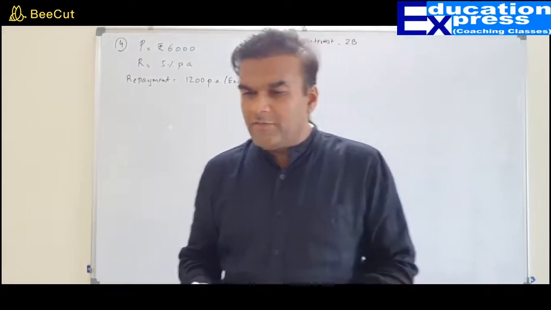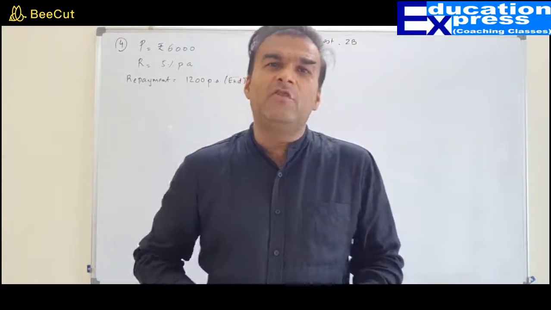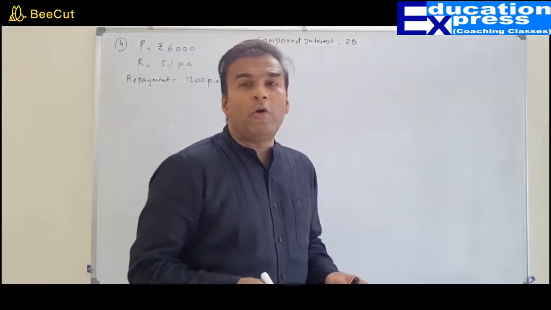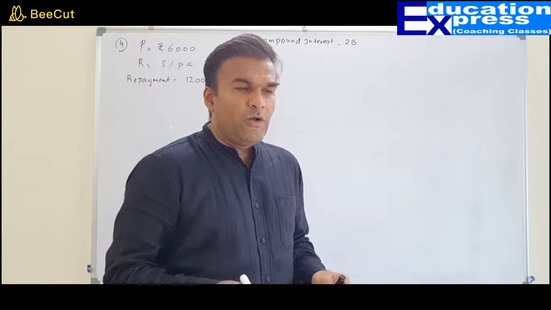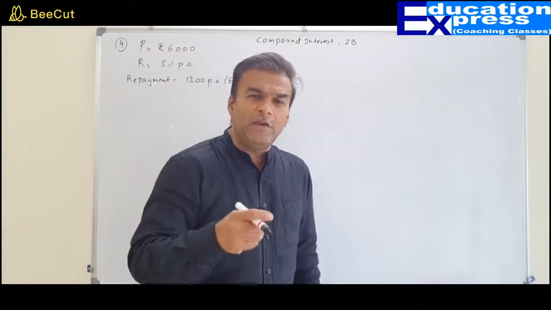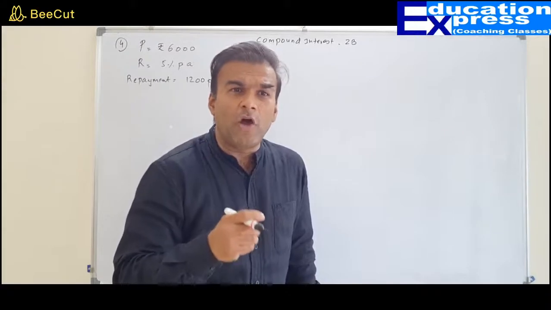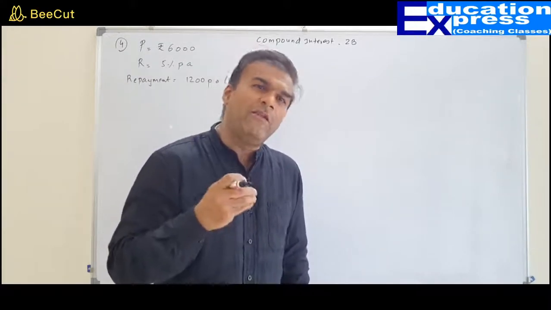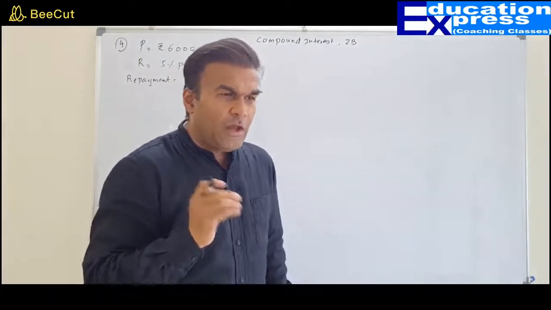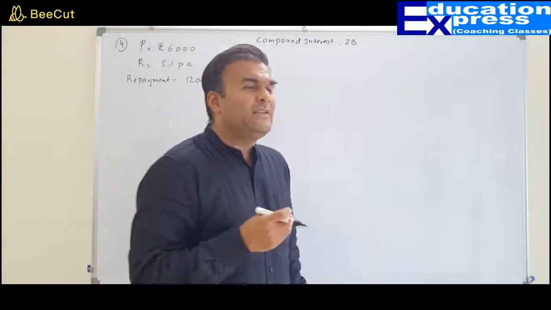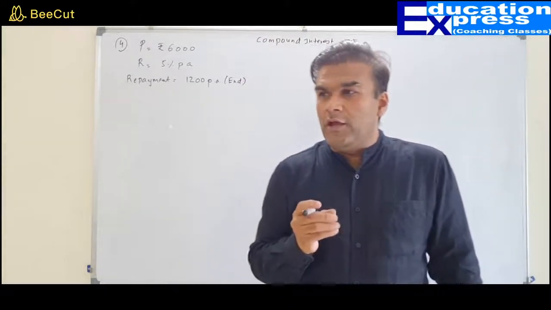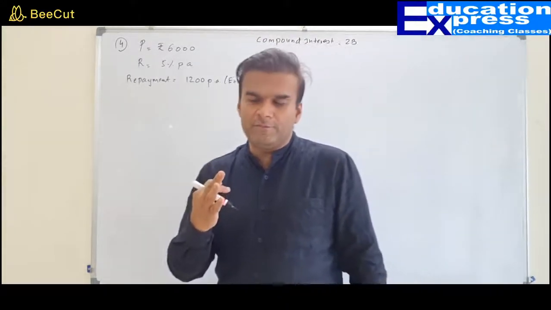Sometimes we take a loan and then we say, look mister, you are giving me a loan of 6,000. I promise I will repay you 1200 rupees every year. Means at the end of each year, you find out how much is due and then I will pay you 1200 rupees. This is exactly the question. And how long can it go on? They want to find out the amount due in the beginning of the third year.